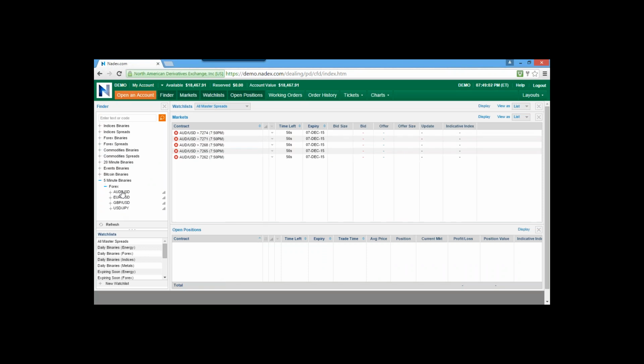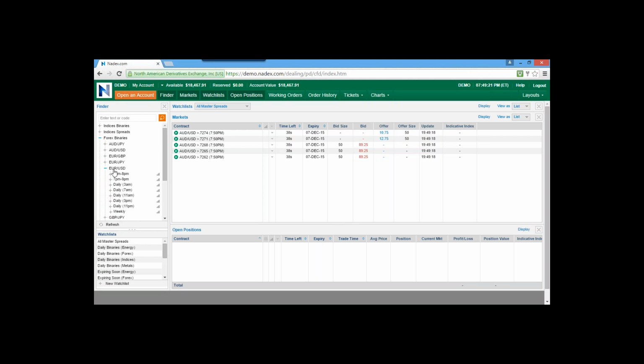What do I mean by 5-minute binaries? Exactly that. Every 5 minutes a new binary opens up, and 5 minutes later it expires. They're very fast, quick-moving binaries. You've also got hourly binaries, like the 2-hour